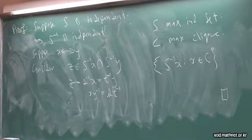So how do we deploy this to prove our theorem? Well, we have candidates for independent sets. We also have candidates for large cliques. In fact, large cliques are easier to find than large independent sets. Or rather, it's easier to prove that a large clique is maximum than it is to prove that a large co-clique is maximum. So I'm going to consider